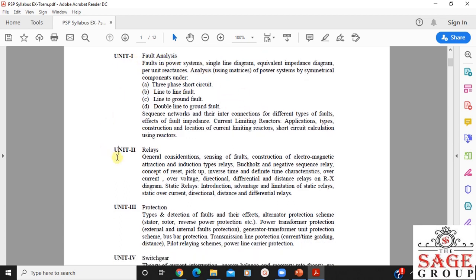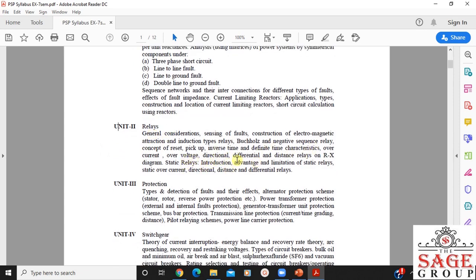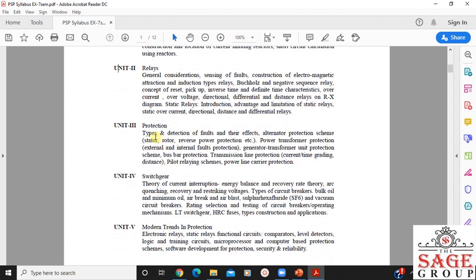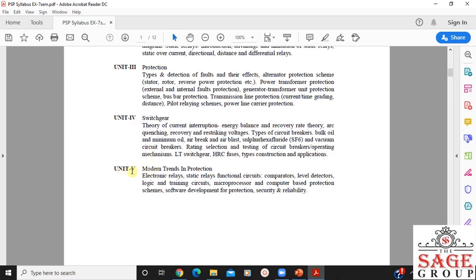In the second unit, I will discuss relays, types of relays, their working, and their numericals. In the third unit, I am going to discuss protection, the types of protection schemes which we implement for alternators, transformers and transmission lines. In the fourth unit, I am going to discuss some basic types of switchgears. Mainly this unit covers various types of circuit breakers. In detail we will discuss this in unit 4, and in unit 5 I will discuss